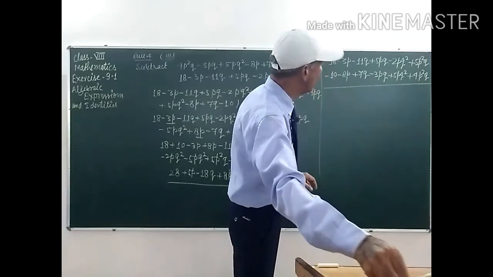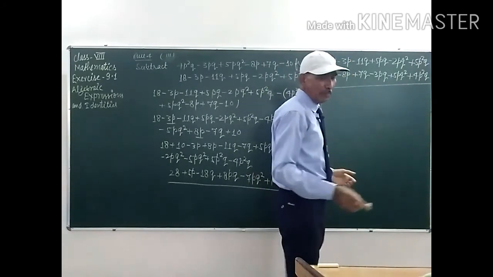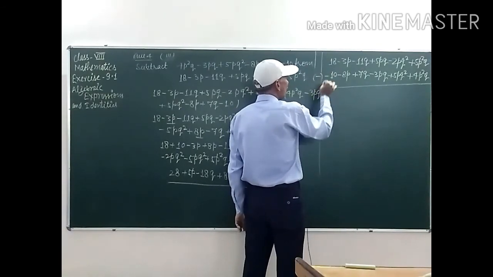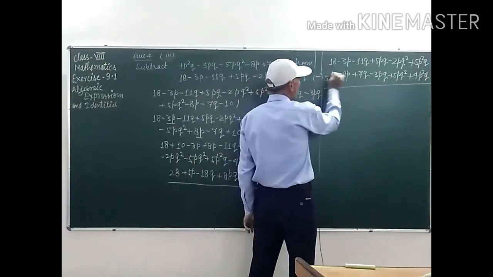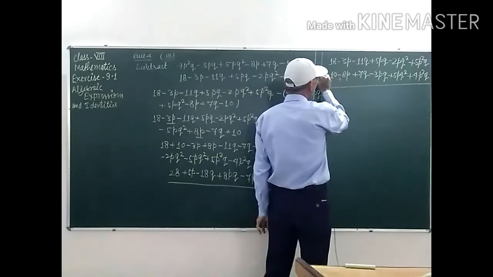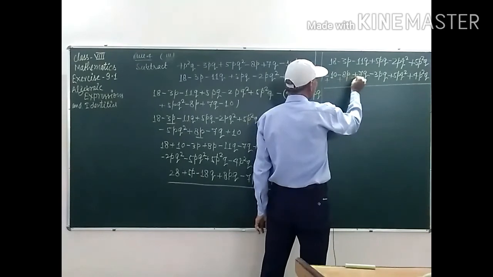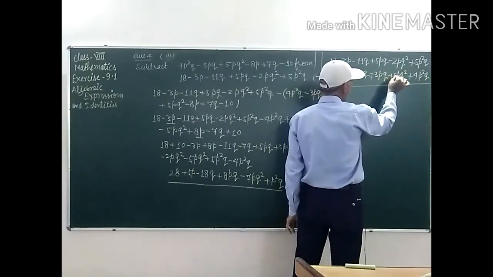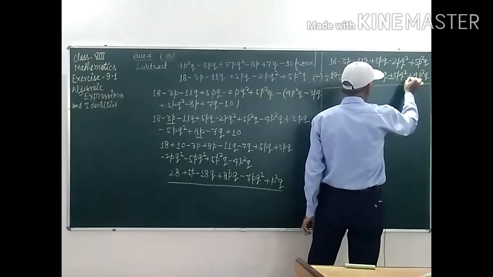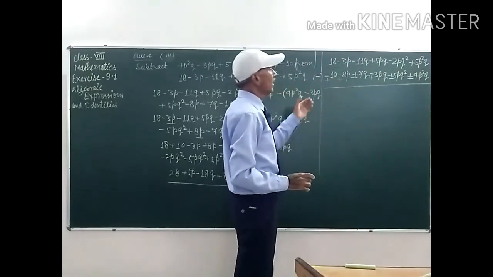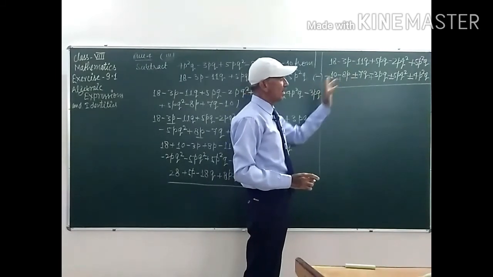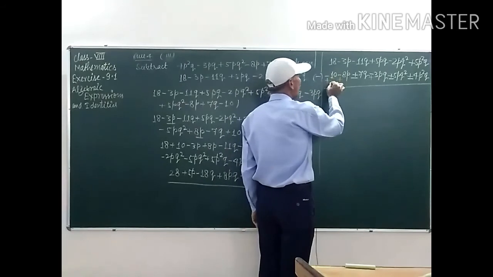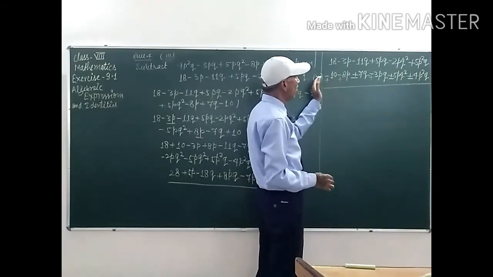Okay students, now you have to subtract this one from this. So you have to put a negative sign before it. Minus into minus will be plus, minus into minus will also be plus, and minus into plus will be minus, and plus will be minus. Clear students? The new sign we have placed here is minus; when multiplied by minus, numbers that were negative become positive and numbers that were positive become negative. Now the actual values of these numbers are what we get after multiplying by minus.